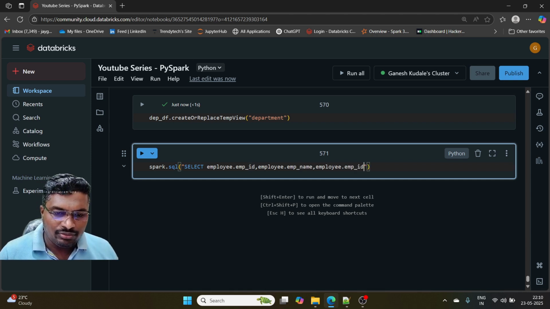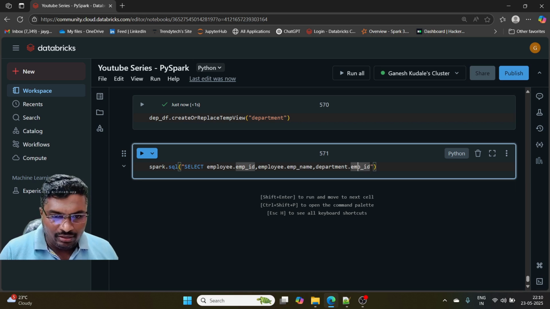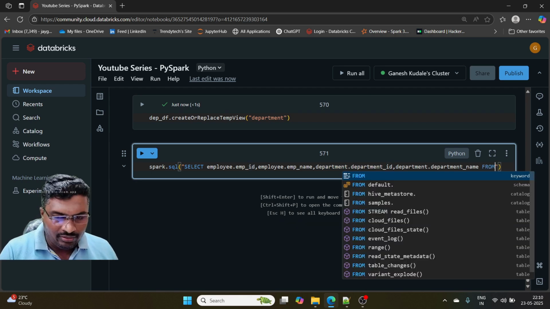What is next? I have to select from department: department dot department ID, and I'll also select department dot department name. From